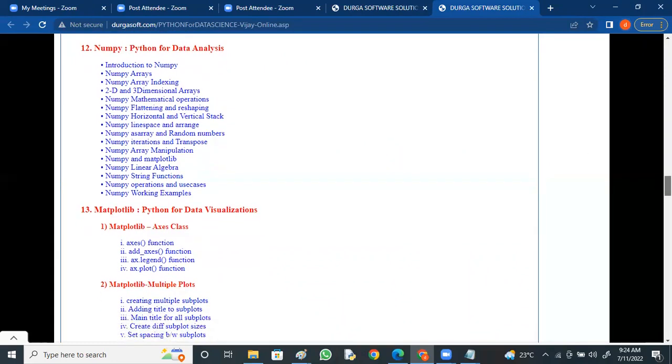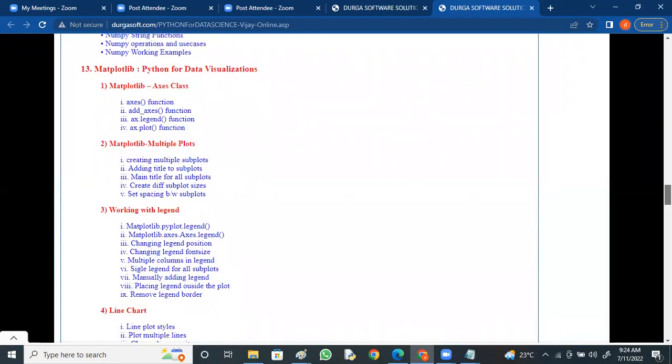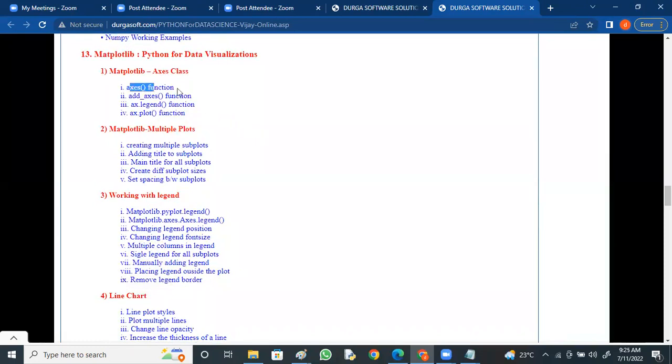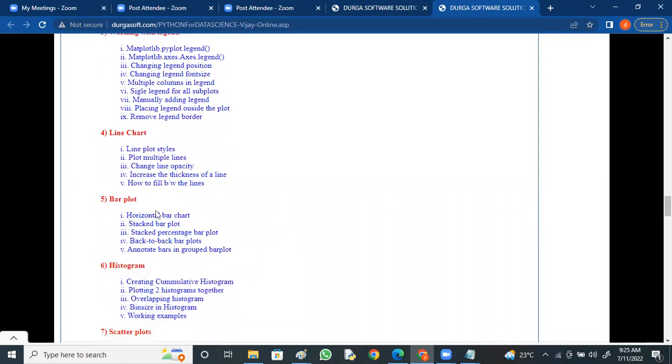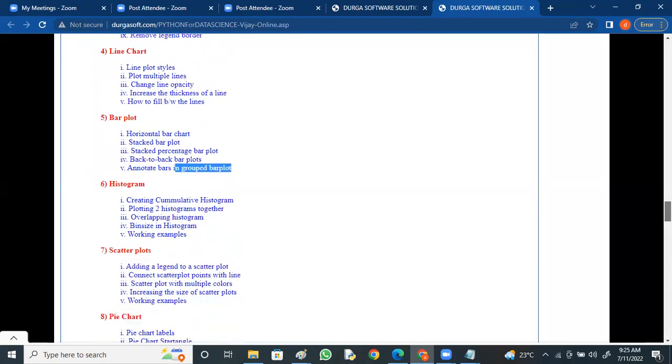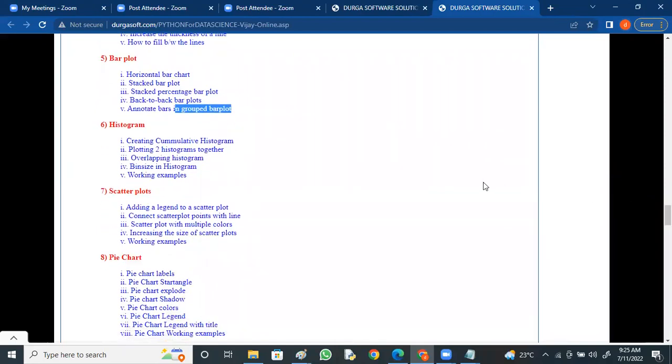So matplotlib for data visualizations, right? Matplotlib axes class, matplotlib multiple plots, right? We have axes function, axes plot function, and how to add subplots, working with subplots, adding title to subplots, multiple plotting, and working with legend and changing legend position, legend font size, legend outside the plot, removing legend border, right? For giving names to that, line chart, and here bar plot, horizontal bar chart, back to back bar plots, annotate bars in group bar plot, histogram, right? Creating a cumulative histogram, plotting two histograms together, overlapping histograms, bin size in histogram, working examples,